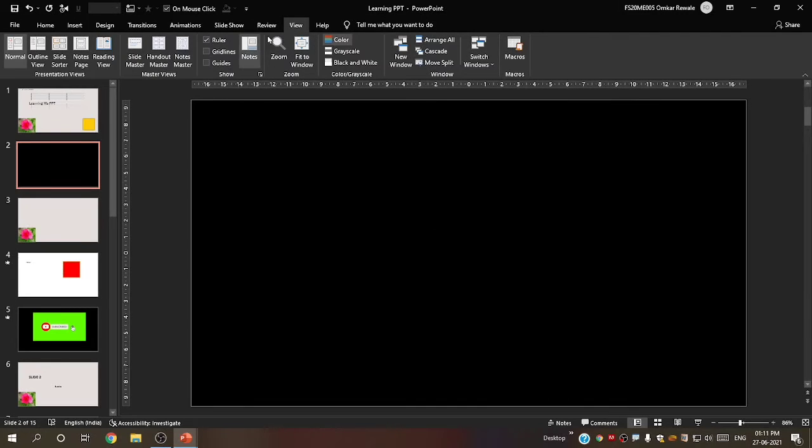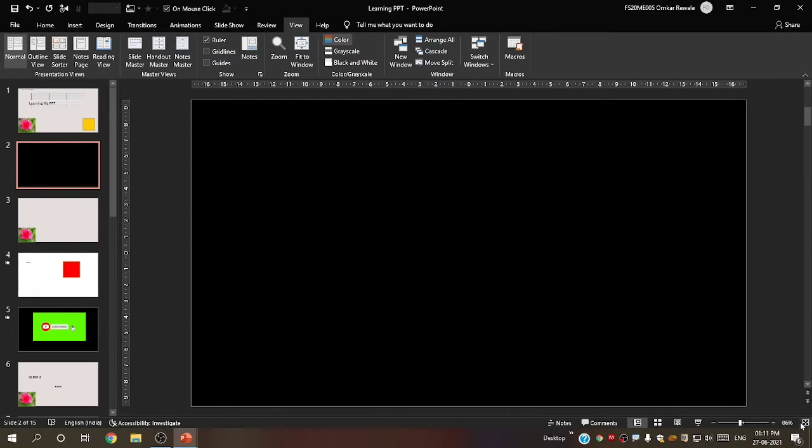Now I will select fit to window, but of course we basically don't use this because this handy option is provided over here to use. Now from here you can see this very small icon beside this, just press it. This is the small shortcut for fit to screen.